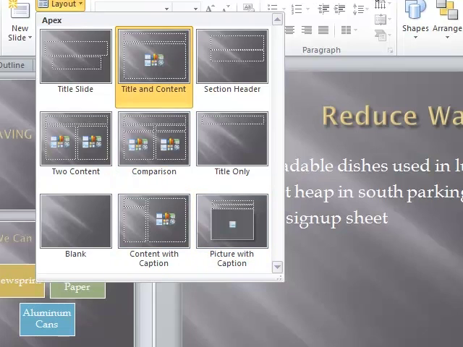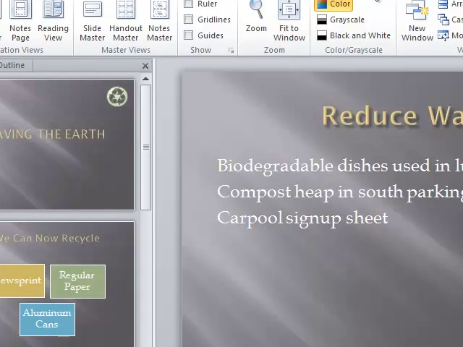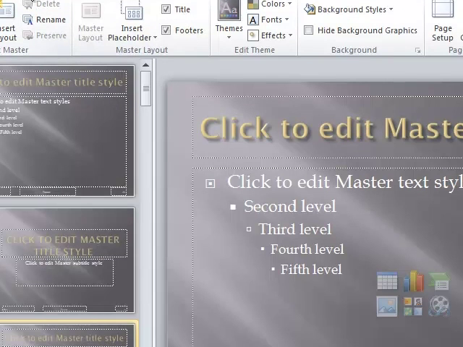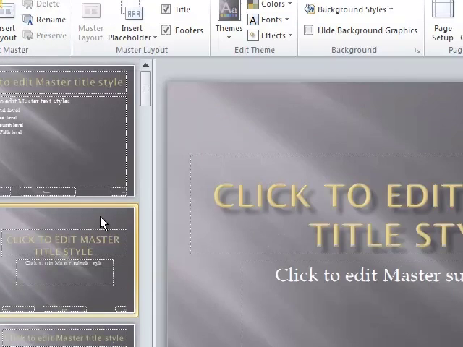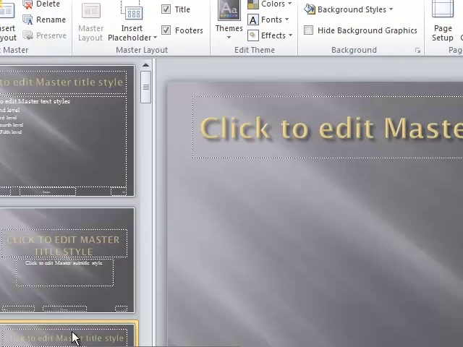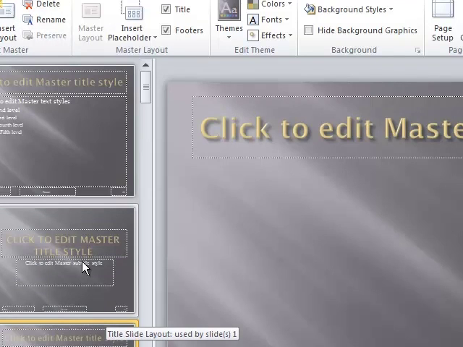So what we need to do is go to View on the ribbon, and in the Master Views group, choose Slide Master. Once here in the Slide Master tab, you can see the Edit Master group. I'm going to position my thumbnail to be in this second position here. And when I click on Insert Layout, you can see how the next new layout is positioned after what was